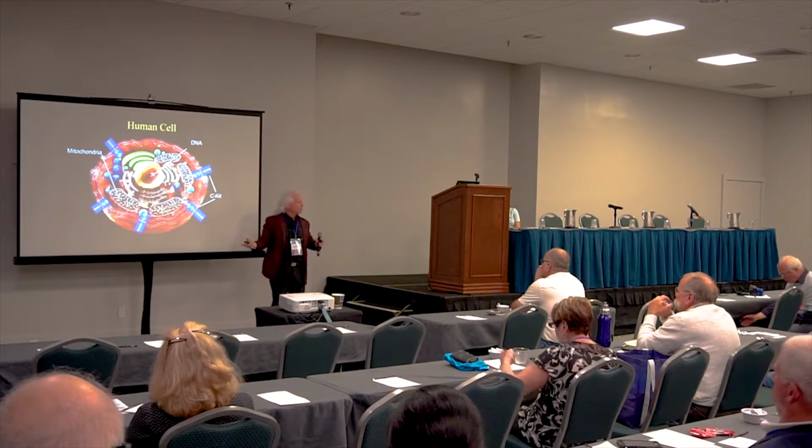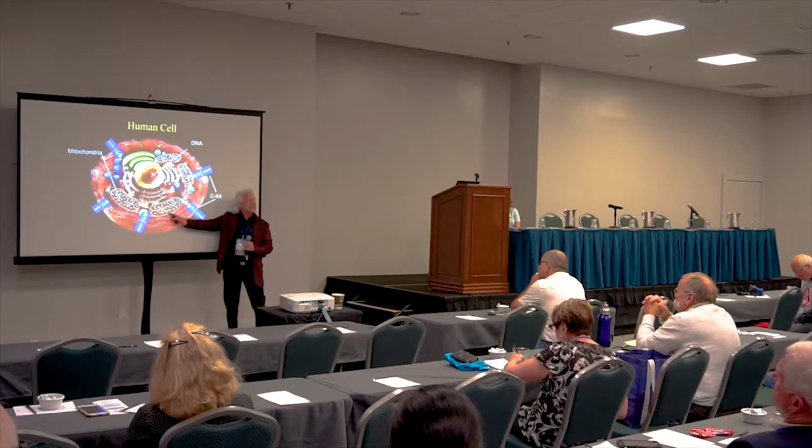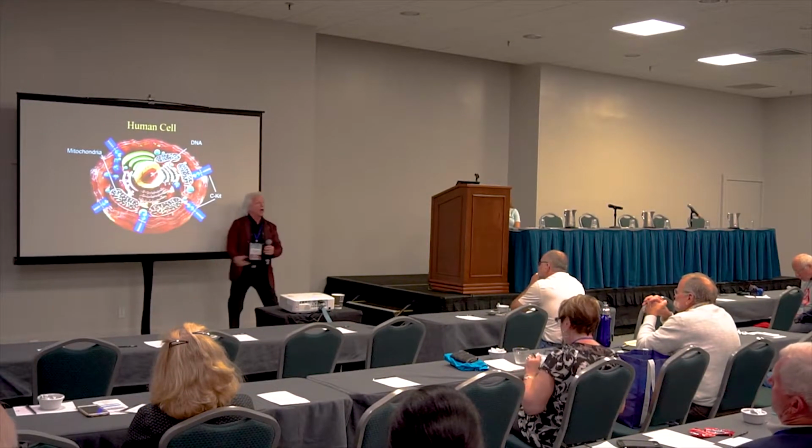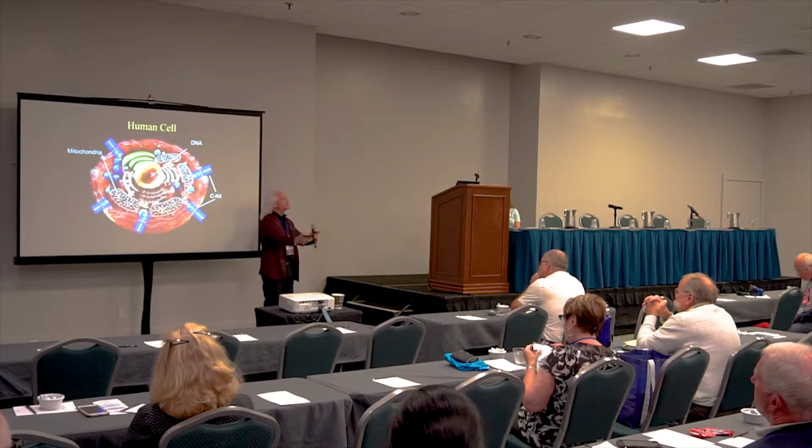The cell has to live. It has to produce energy. These structures in the cell are known as mitochondria. That's where energy is made. Why do I talk about mitochondria? Because we've identified mutations in proteins in the mitochondria that result also in GIST, and those are the SDH